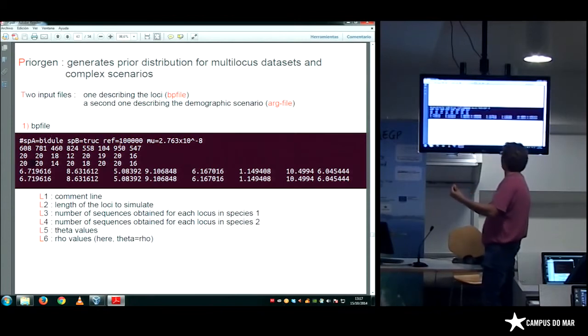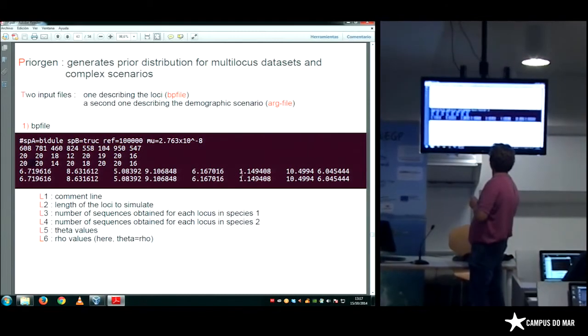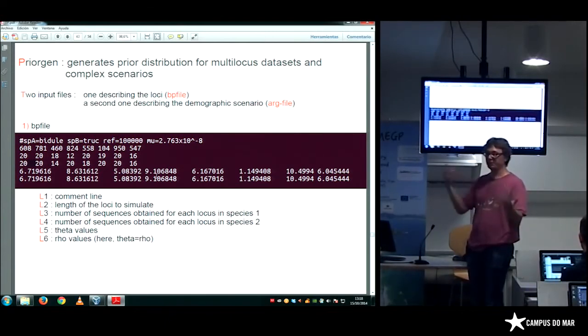So I continue. Here you have the value of theta that we are going to simulate for the 8 genes, but it's not the observed theta. It's just using this mutation rate. That's why the value is just the product of the size of the locus times the mutation rate. Okay? But it's because we configure the simulation on the population size, not on the product of the population size and the mutation rate. So it's something you need to understand and to play with.